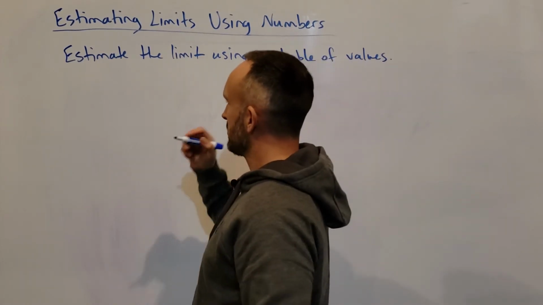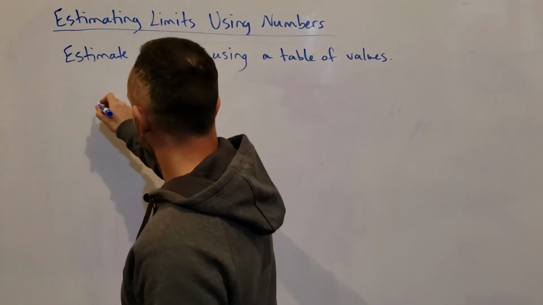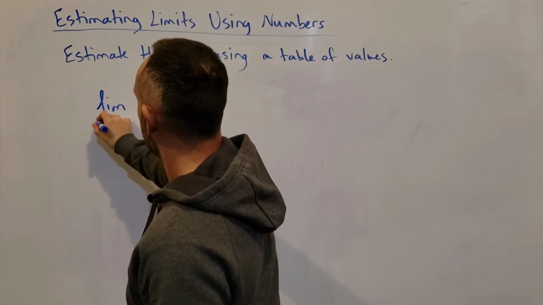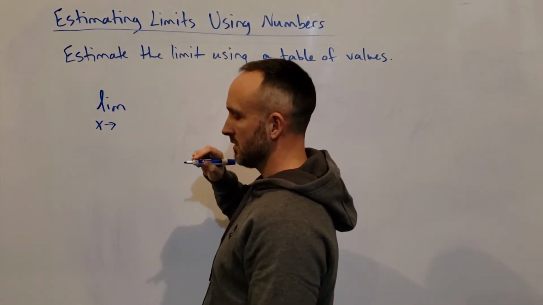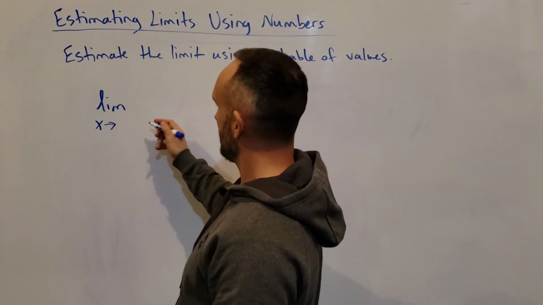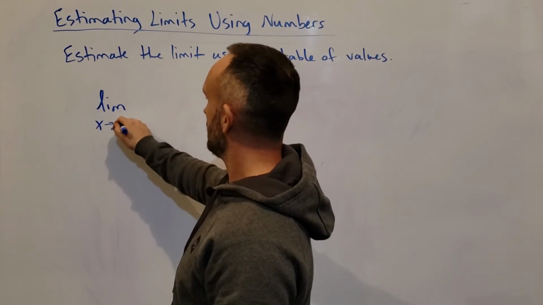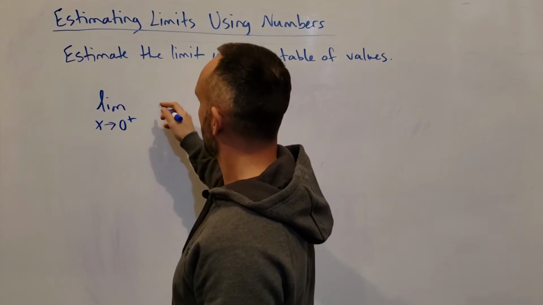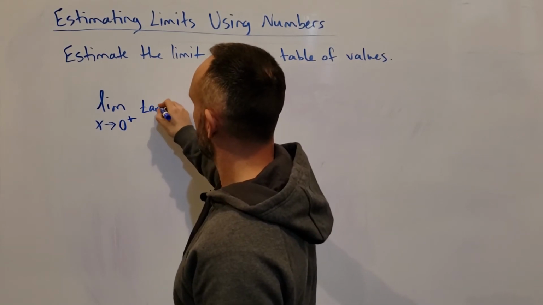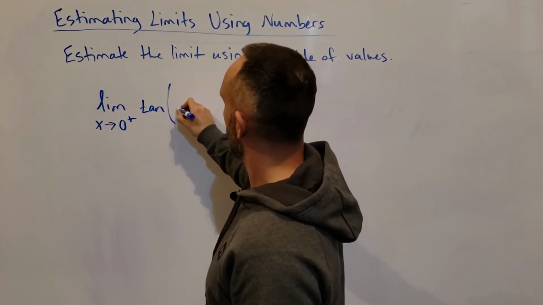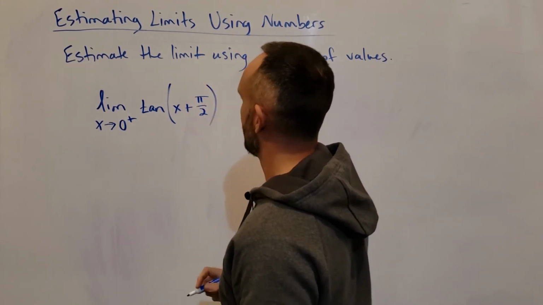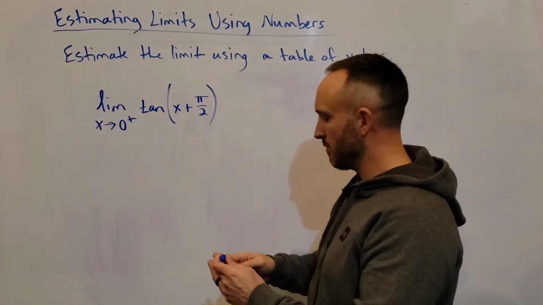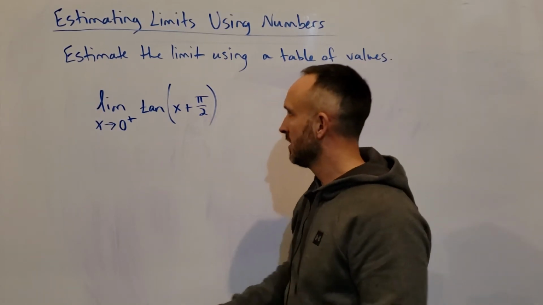Let's say we want to find the limit as x approaches, let's see, how about the limit as x approaches 0 from the right of the tangent of x plus pi over 2, okay? So now we have a trigonometric function. Again,